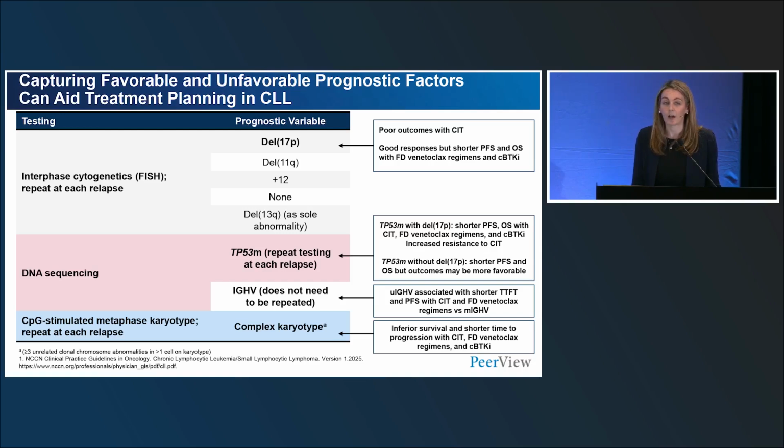So just to highlight a couple of the key features we think about, we've mentioned already deletion 17p. It certainly had poor outcomes in the chemoimmunotherapy era. For patients treated with targeted agents, including covalent BTK inhibitors as well as venetoclax-based therapy, we know that these patients have improved outcomes compared to chemoimmunotherapy, but still compared to patients without p53 aberrancy with targeted agents, they do have a shorter progression-free survival. P53 mutations without a deletion 17p are an area of ongoing research,